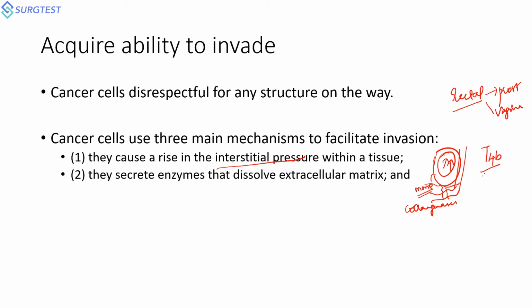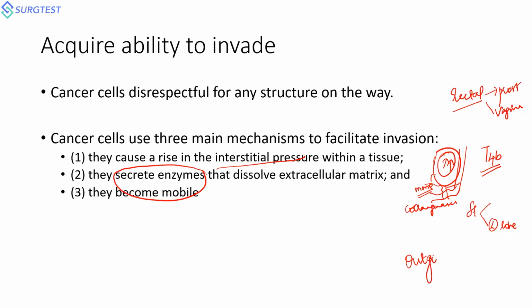disease. For a gastric cancer, from the stomach, it will be going into the pancreas. At the same time, it can go into the left lobe of the liver. All this local extension is only possible by the secretion of certain proteolytic enzymes, which help in dissolving your extracellular matrix. Finally, they will make the cell become mobile. How does that happen? This mechanism is referred to as outside to in signaling.